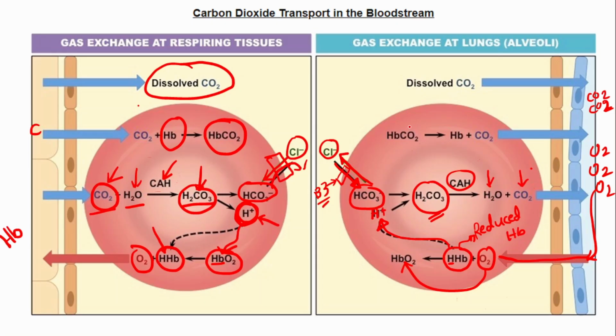Simultaneously, the carbaminohemoglobin releases its bound carbon dioxide, shown here as hemoglobin plus CO2. This massive wave of newly liberated gaseous carbon dioxide, along with the fraction that was simply dissolved in plasma, shown here, diffuses rapidly across the alveolar capillary membrane. This is the capillary membrane and this is the alveolar membrane. The carbon dioxide diffuses into the alveolus. That means all of it comes to the air spaces of the lungs where it is expired out of the